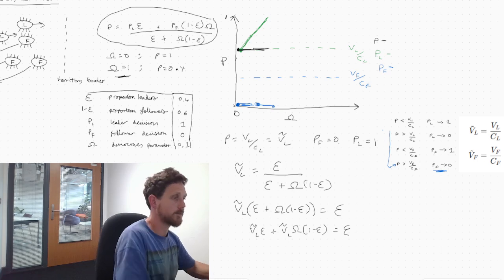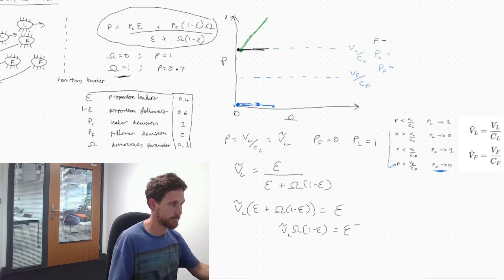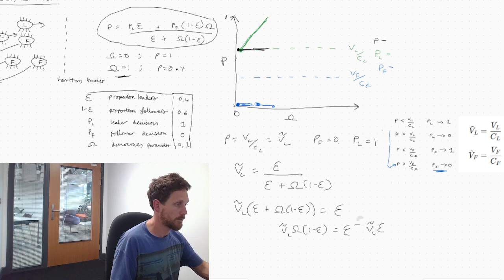Subtracting V tilde epsilon from each side. Bringing epsilon outside the bracket. And dividing both sides by V tilde L1 minus epsilon gives